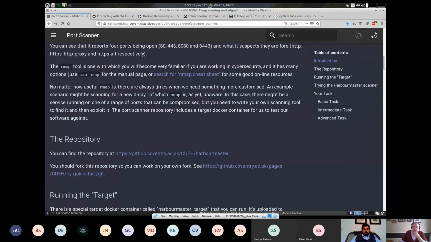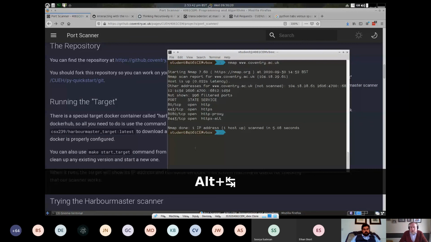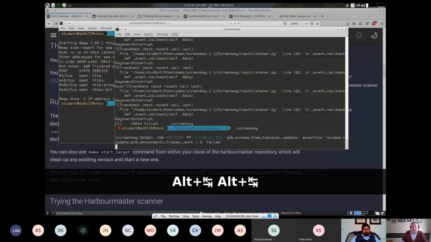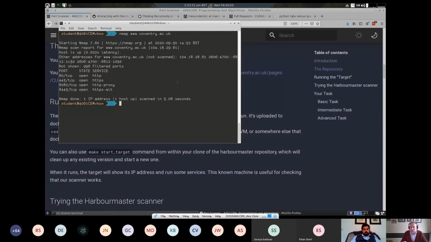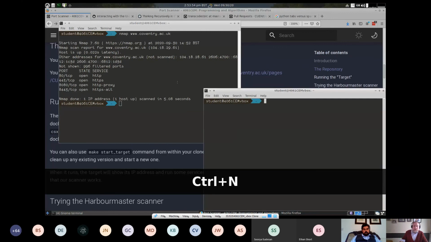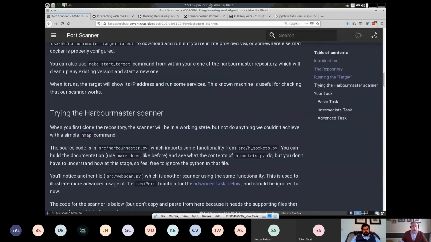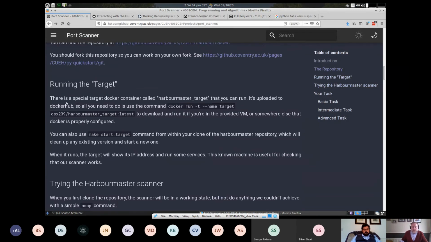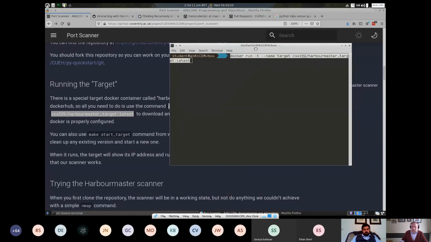What we're going to do is build our own port scanner, because unfortunately Nmap only knows about things that currently exist. As new things happen, we don't necessarily get the choice of using Nmap, or at least not out of the box, particularly if we want any sort of high levels of interaction. So what I've given you, and there's documentation for Docker as well on there, is a target machine. And we've done this as a Docker container. So you can copy and paste this straight into here. And this will create,